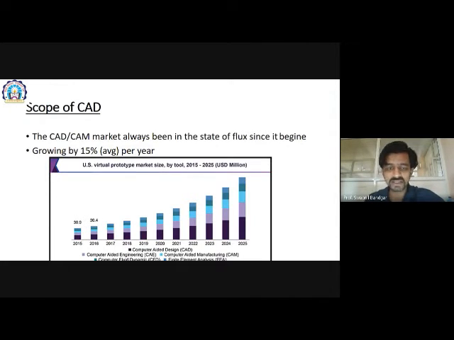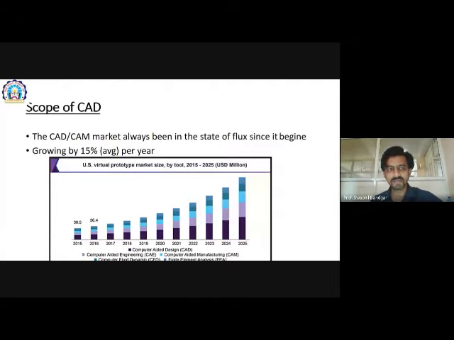If you see, this is done by Grand View Research, and it says that computer aided design, computer aided manufacturing, or computer aided analysis is increasing nearly like an exponential graph. It increases on average 50% per year in every field, like the electronics field, mechanical field, and any field.